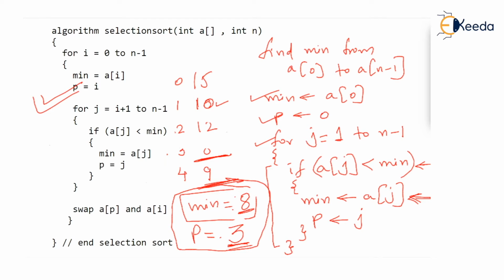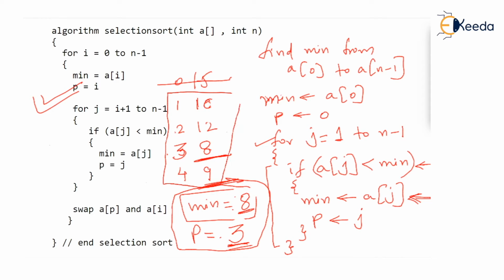you know how to find minimum in the entire array, correct? This is the array from 0 to n minus 1. What if I change the question? Don't find minimum from 0 to n minus 1, but find minimum from 1 to n minus 1. That is as if we want to ignore this 0th element, but we want to find out minimum from first location to n minus 1th location.